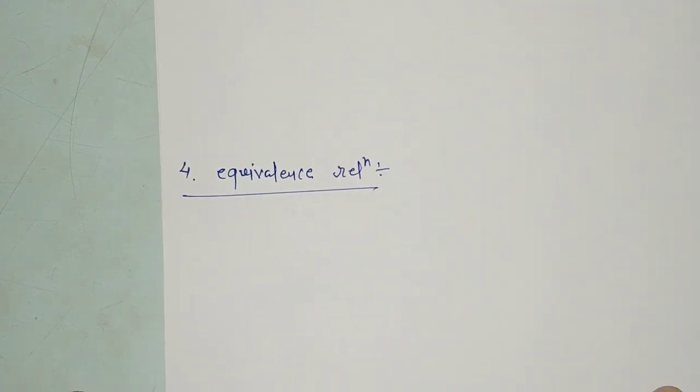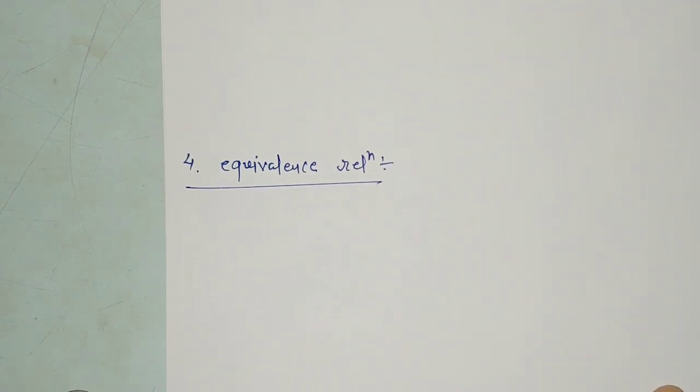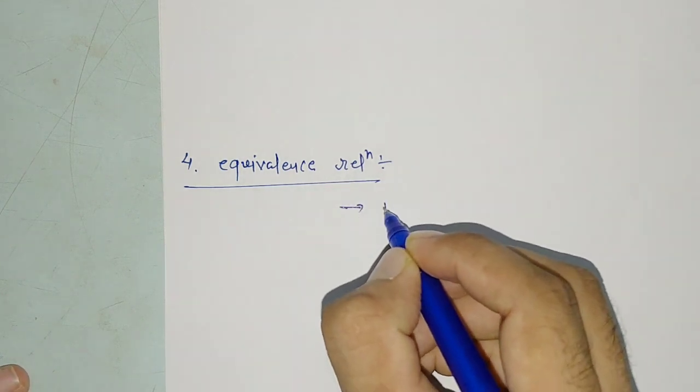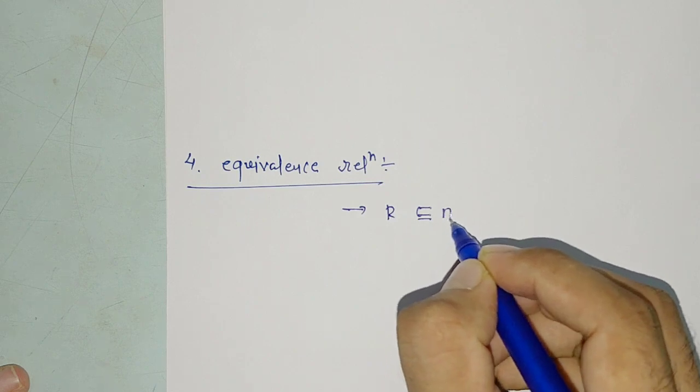Next, the approach with the equivalence relation. All those we have studied: reflexive, symmetric and transitive. If we combine them and make a relation, a relation which satisfies all the above three, reflexivity, symmetricity and transitivity, is called an equivalence relation. So the definition is simple: R subset or equal to A cross A